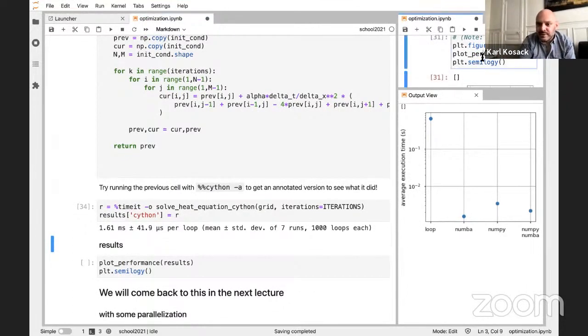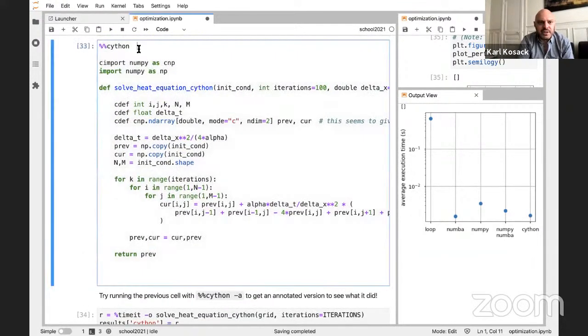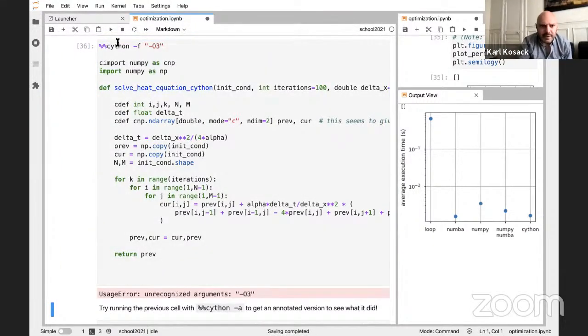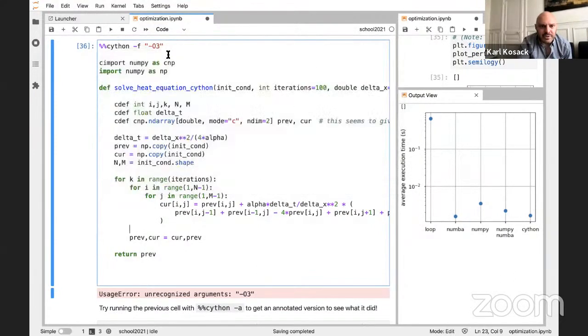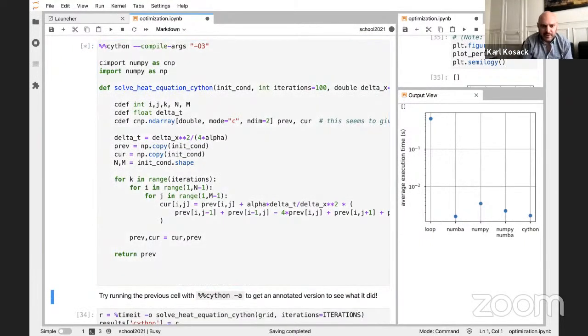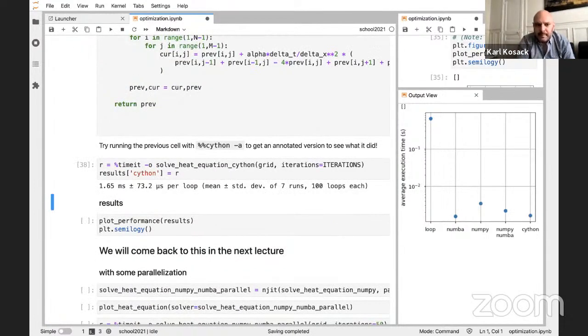But the results, okay, look at the results here. Cython is actually pretty good. It's about the same as NumPy. In fact, in some of the cases when I tried this earlier, it was actually better. And it depends on the optimization flags. You can give flags like -O3 to the C compiler. Is that right? I have to remember what the actual option is. I don't know what the defaults are. O3 might be the default, so it could be that this will make no difference, but let's just see. Yeah, it looks like the default probably is O3. So the difference, yeah, it didn't change it.